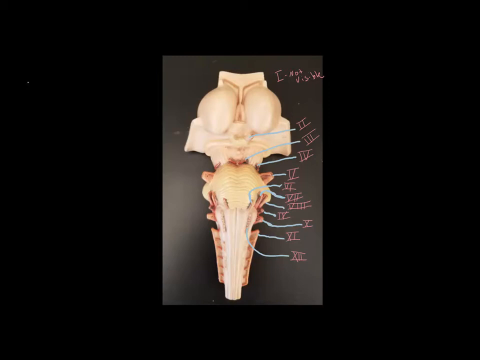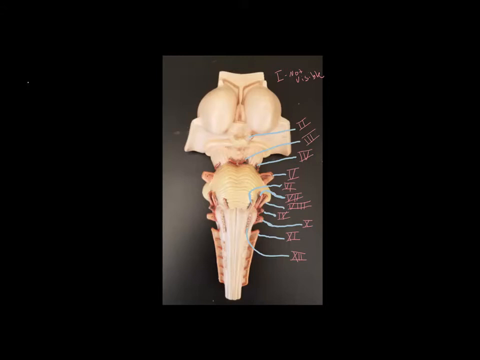Number 11 is the accessory nerve, and number 12 is the hypoglossal nerve. It can be difficult to remember which Roman numeral goes with which name, so it's really good to find a mnemonic that sticks with you. One that I usually use is